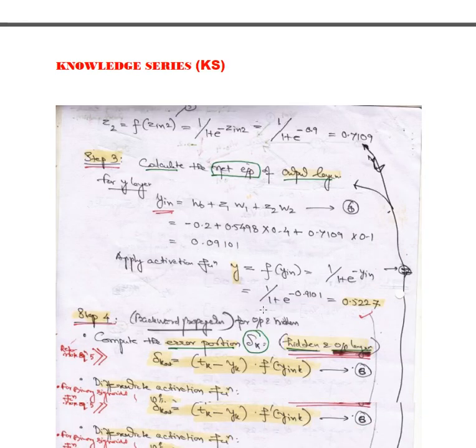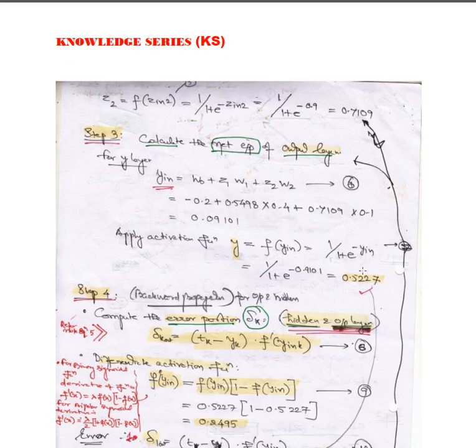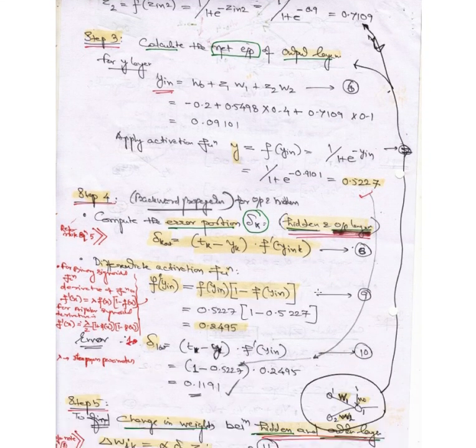So that is our target, but the target achieved is not this one. So what we do, we have to go for backpropagation. First of all, we are going to find the backpropagation between the output and the hidden node. That is what has been written here. You can see here, this is your output and hidden node. Once we can compute that, then we can go for the hidden node